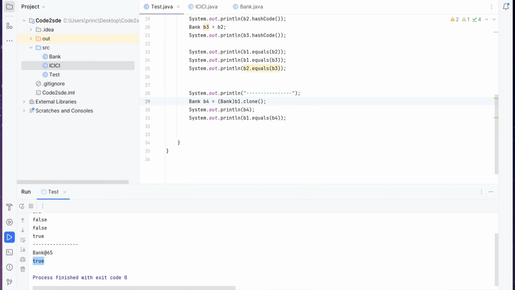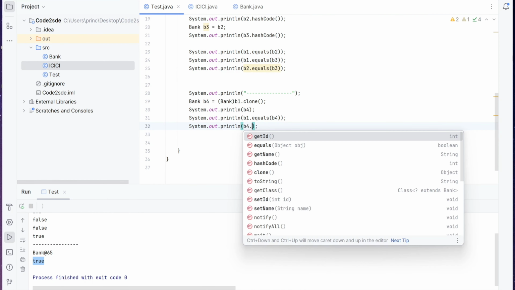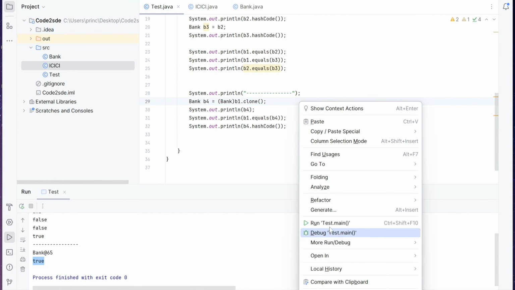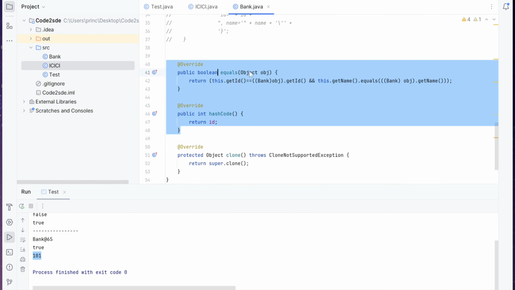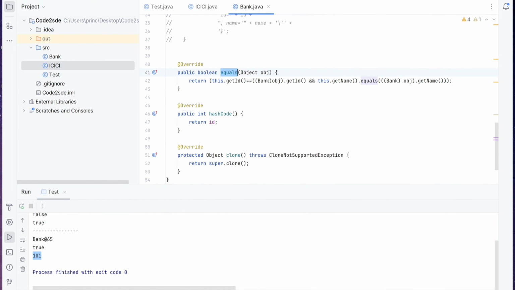You'll see that B1 is equal to B4. Also, if I print B4.hashCode(), it will be the same as B1. For B1 it is 101, and here also it is 101. That means if we have overridden the equals method as per a condition, then it will work, but we'll have to override hashCode also, to maintain the contract between the equals and hashCode methods.